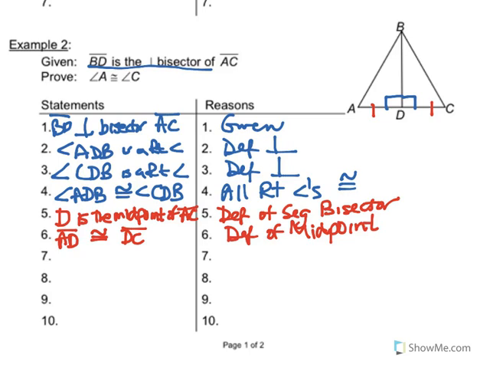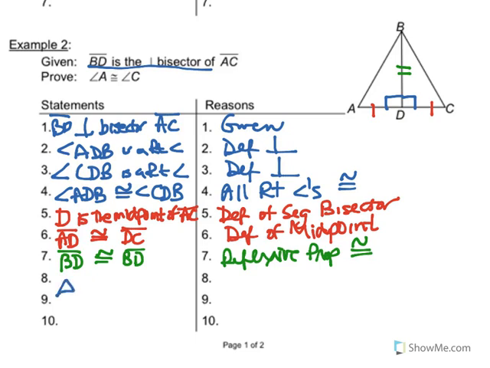Now remember, what was the other thing we wanted to note was that BD is congruent with itself. So we're going to say BD is congruent with BD, and that is going to be the reflexive property of congruence. Okay, and now that we've gone that far, we can say at this point that